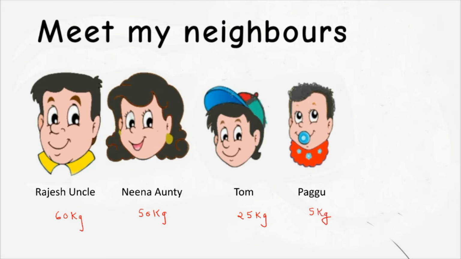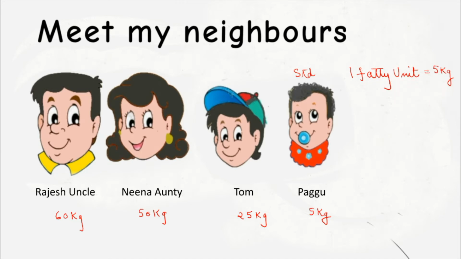It's a newborn, right? But the concern is that Neena auntie doesn't want to express her weight in kg because she is very lean. So she started asking, is there any other unit by which I can express my weight? I don't want to tell my weight in kg. So we can suggest a new system of unit for her, that is fatty unit. Okay. But if you have to convert this weight from kilogram to fatty unit, we need a standard. Okay. In this case, we are taking Pagu as a standard. How? One fatty unit will be equal to 5 kg.